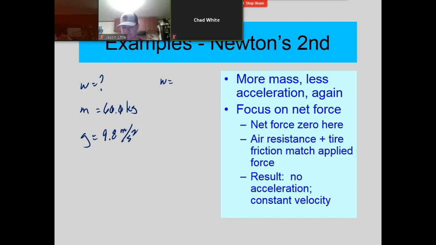So it's a mess out there. So what is weight? Weight is mass, 60.0 kilograms, times acceleration due to gravity, 9.8 meters per second squared. And if you multiply those together, you get a 48